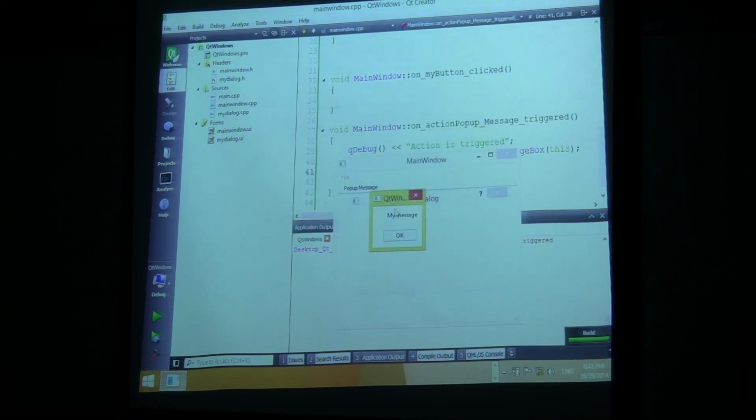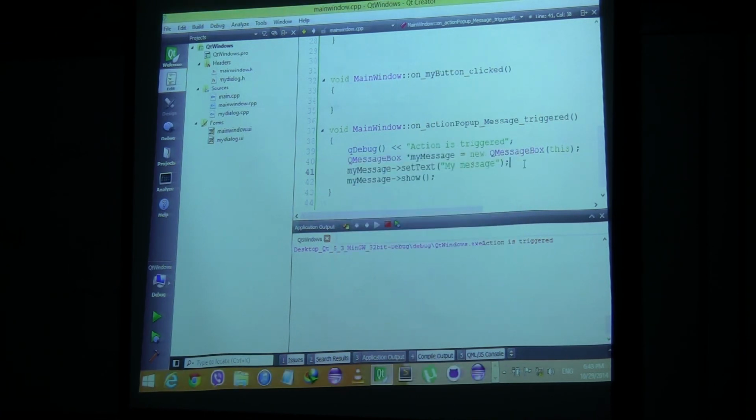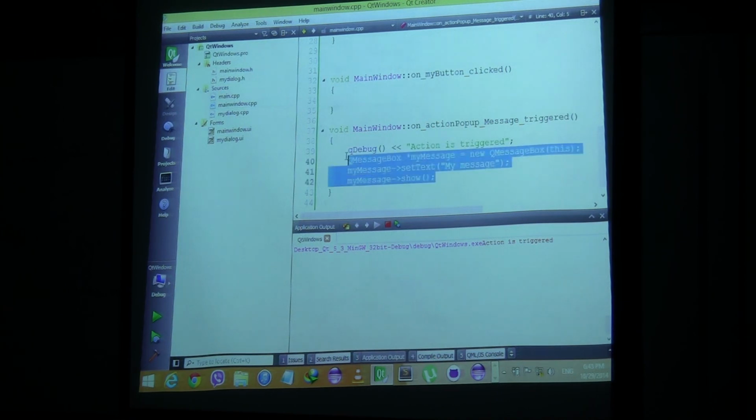So here you can see we have our message. This is not the best way to use message box, so no need to get into this right now. I'll show you a better way to show it. So instead we will say